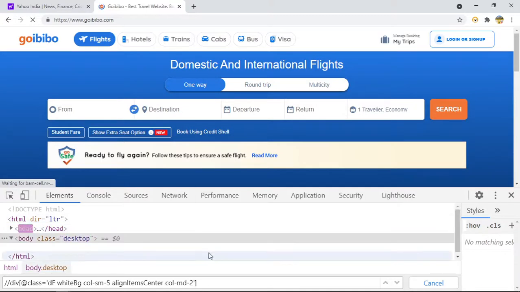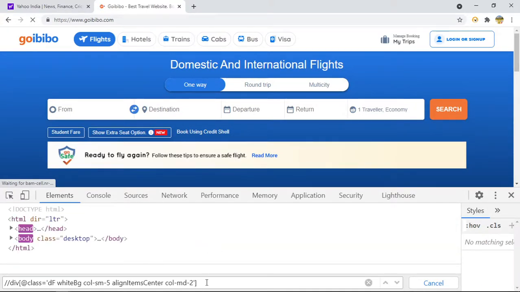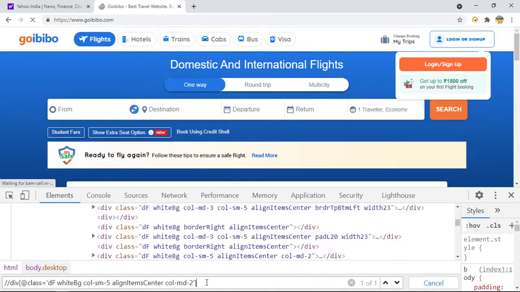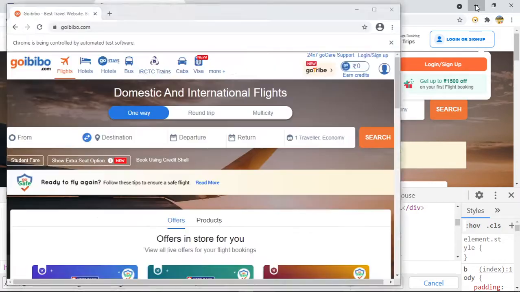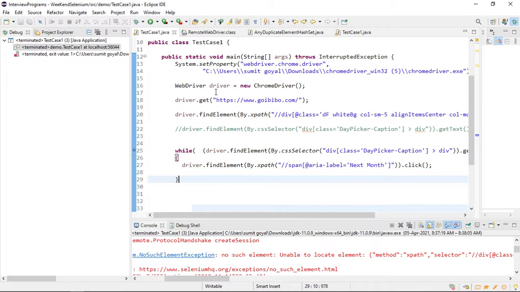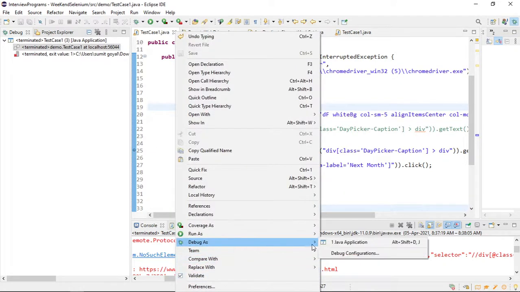The page is refreshed. Now still we are getting one element. It is not changing. Let me run it again.